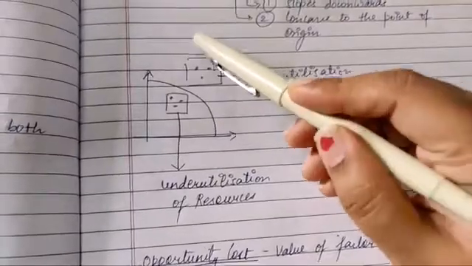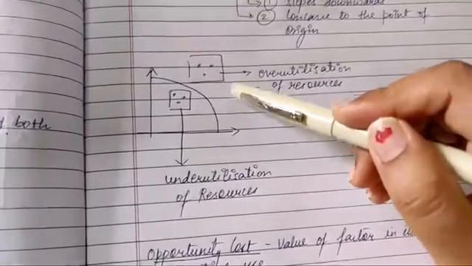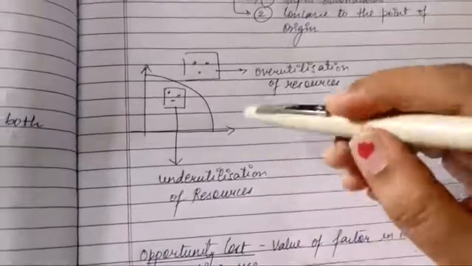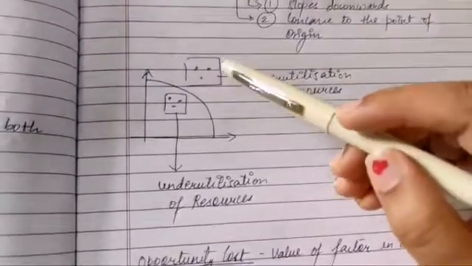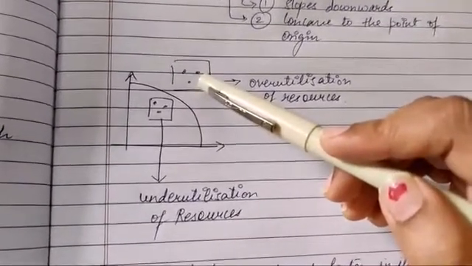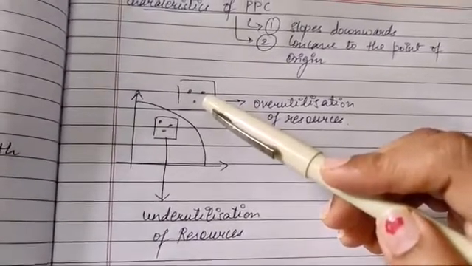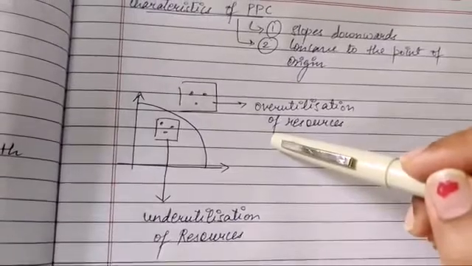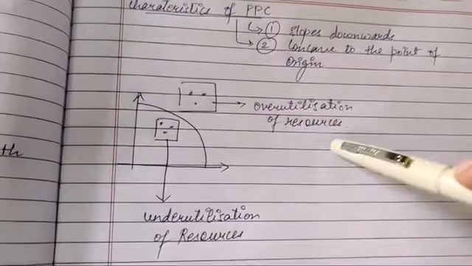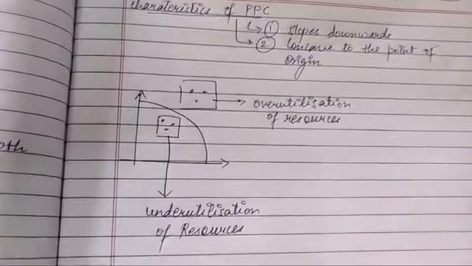a proper manner. Now when the dots are beyond it, as we have said, there are unattainable and attainable combinations, and similarly they have given different terminology like underutilization of resources and overutilization of resources. So if the dots are outside, that means the resources which we had, with the given technology, have been overused in production, that means we have been overutilizing the resources as well. That's why these points are outside the production possibility curve.